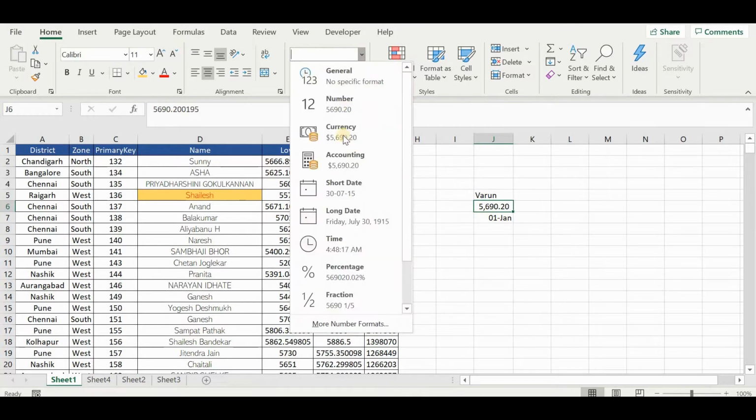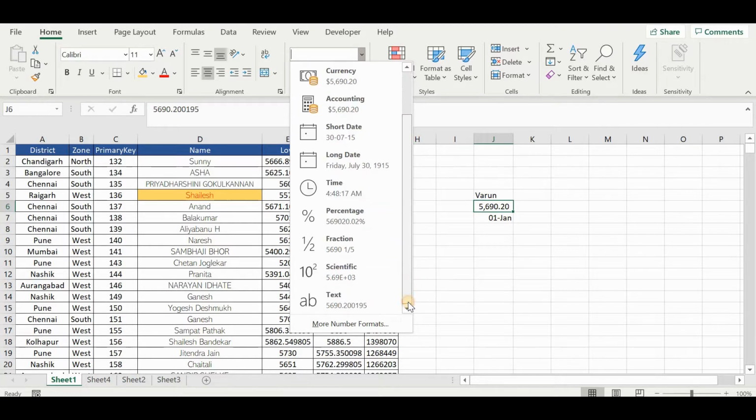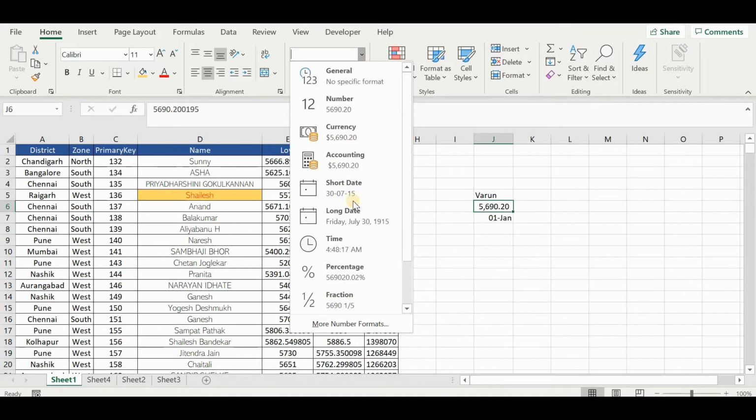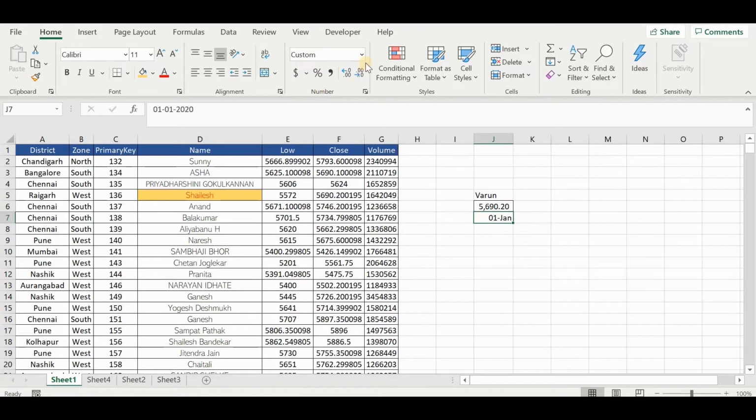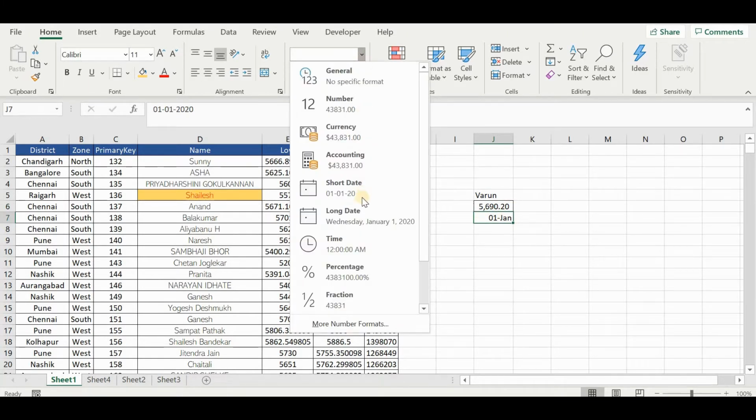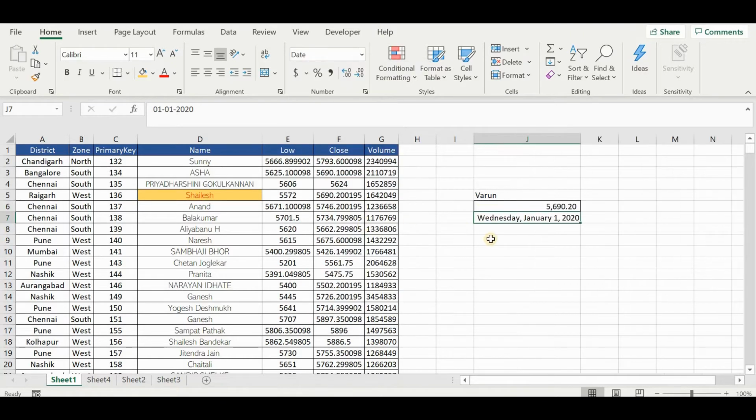Then what other formats are there? Let's see from here. You have accounting formats, dates, long date, time, etc. Percentage, fraction, whatever you want. In case you want to get into some details, you can also give some scientific notations. Let me show you. Suppose this is the date. Now I don't want short date, I want the longer date like this. So the format is automatically taken up like that. You just have to specify.